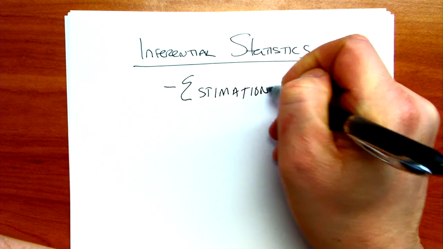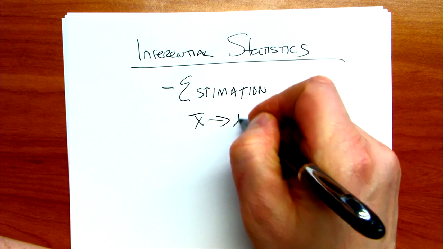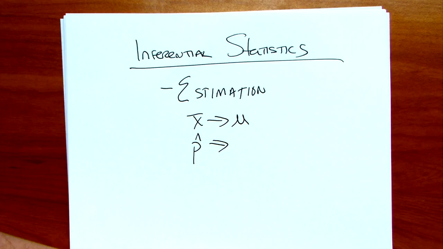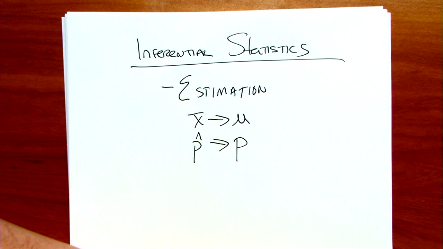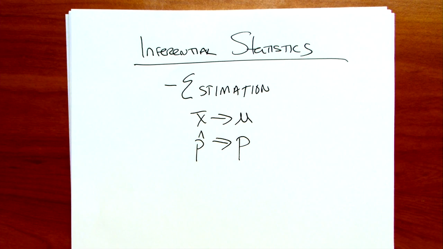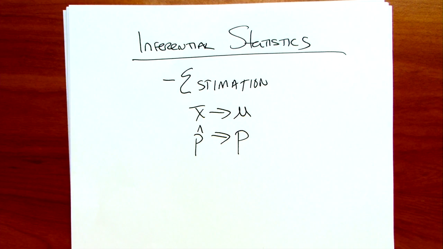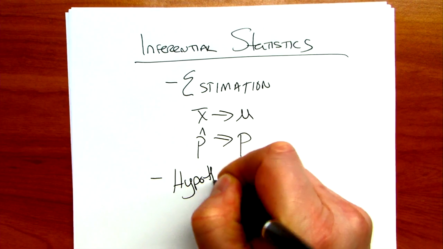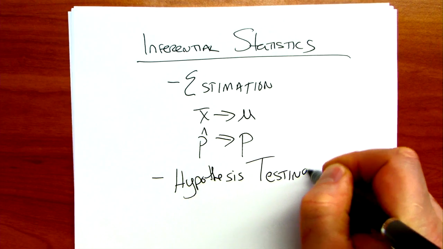And under estimation, we used a sample statistic to make an inference about a population parameter, whether it be x bar to make an inference about mu, or p hat to make an inference about p, the population proportion. Remember what the second branch of inferential statistics was that we haven't done yet. That's what we're moving into. Okay, very good. So the second one, and that was something we talked about in week 1 actually, is hypothesis